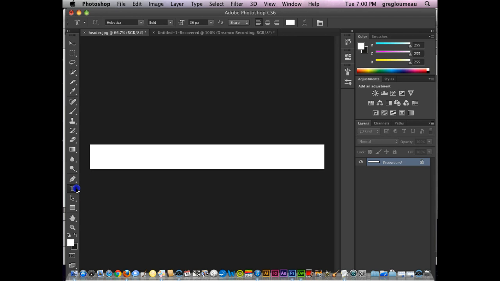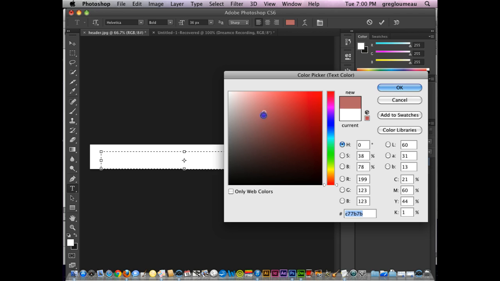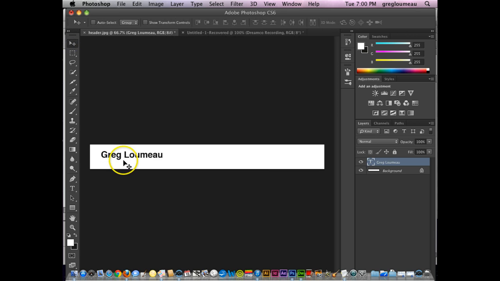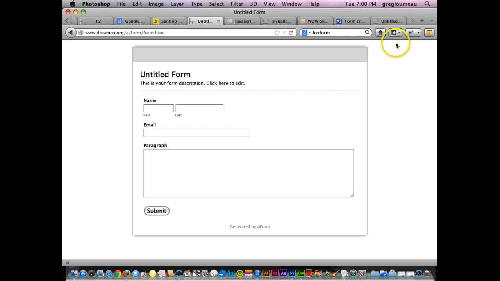So I'm going to click on my text tool here in Photoshop. I'm going to drag out a text box. Right now it's still using white text because I had white as the foreground color. So I'm going to change that to black, and I'm going to make my header here. It's going to have my name on it, and then maybe I want a cool image. So I go out to Google,